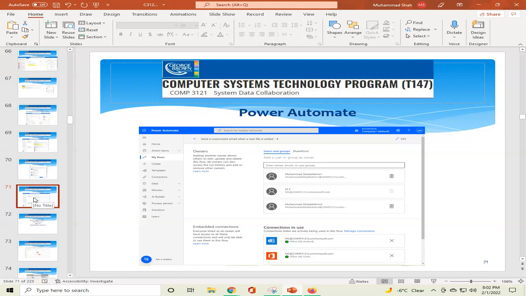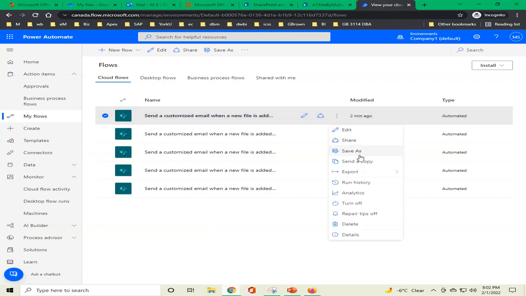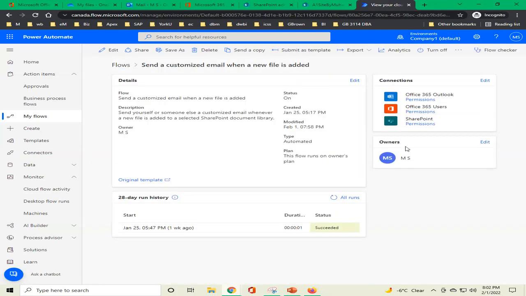And how we do that, I can show you once again. And users and groups, here we can add. If we go to our, see, this is our flow, and right click, edit, share, and somewhere should be the permissions, or let me see in details what's there. See, these are owners. We can add more owners also. See, the edit. Then they will be able to do all the edits and everything. So let me just try